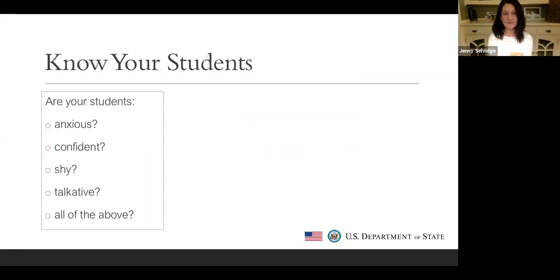Okay, next. Again, you have to know your students. That's why in the Q&As, when people ask me, sometimes I say it depends, because it really depends on who's in front of you. Are your students anxious or confident? Are they shy or talkative? Or maybe you have a group of students that are all of those things. So you have to know who's in front of you. And then, next,